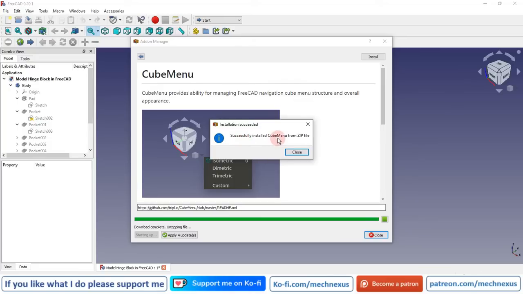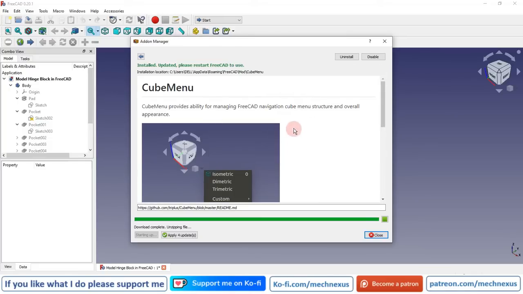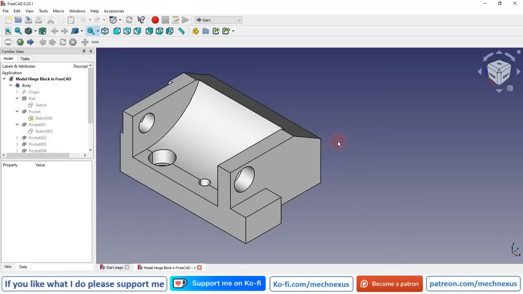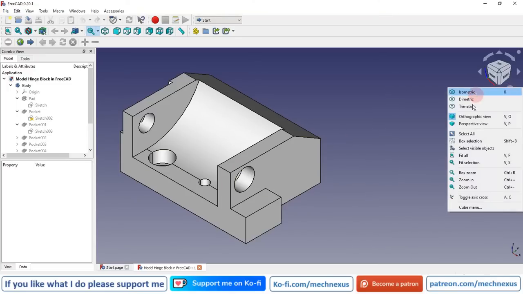So the Cube Menu is successfully installed. Say close, and then restart your FreeCAD. Now once you restart your FreeCAD, you will get here the advanced navigation menu, and here you will also get the